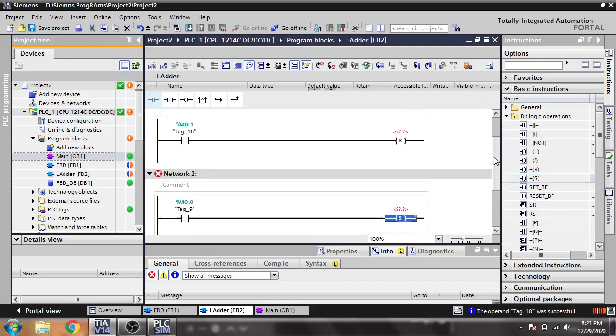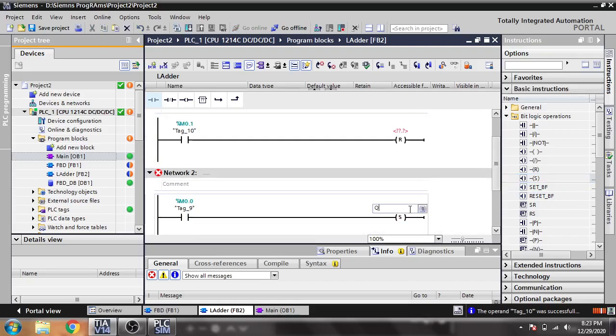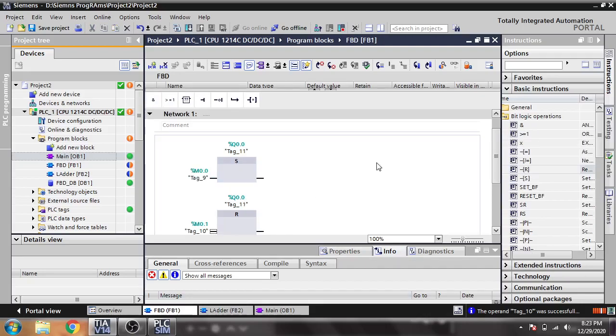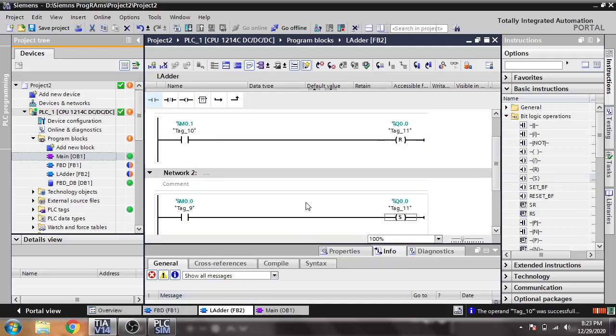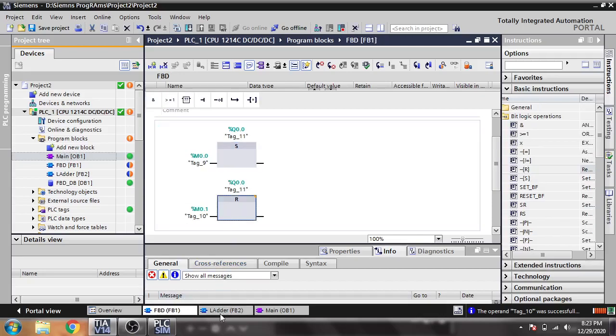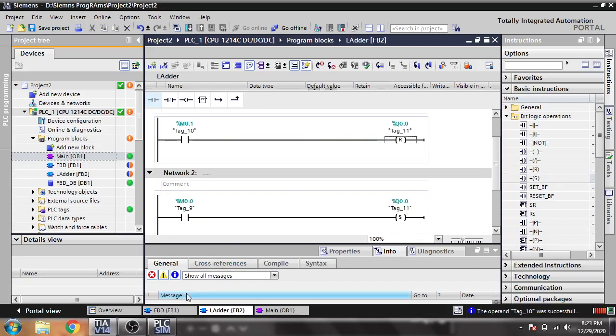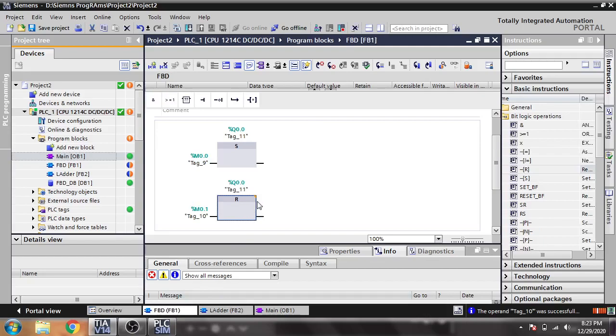So Q0.0 and Q0.0, these both work the same. You will see that is our this run, and that is our this run. So these are the workings of ladder.